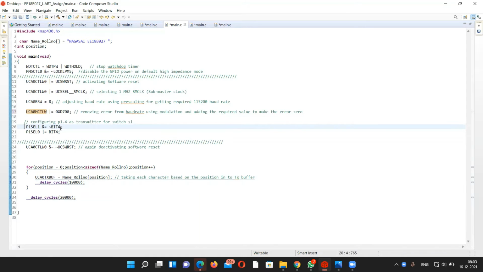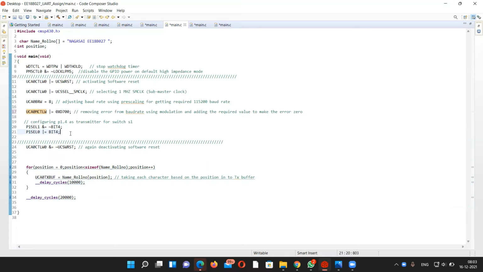Here, this is the new one for us. Previously, when we did other codes, instead of selecting, we directly assumed them as input GPIO pins. Here we are using that GPIO pin as a transmitter.